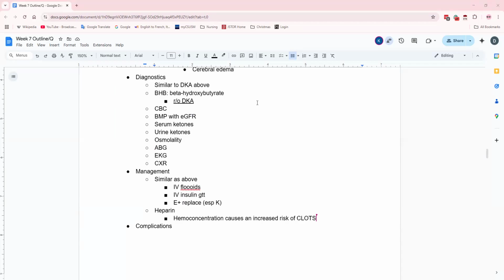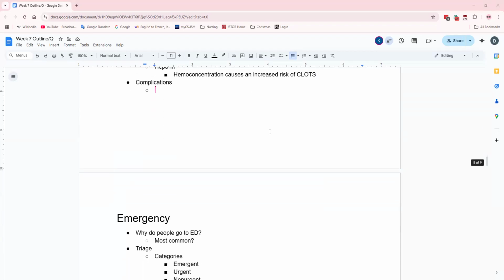Oh yeah, so your hemoconcentration increases the risk for clots, so your heparin is there to attempt to combat that. Okay. Now, in general, what are some complications you could think of? Obviously, I know we have hyperglycemia going on in this. We mentioned clotting with the heparin. Hypovolemic shock in specific, yes. We have AKIs. Hypoglycemia, always with your treatments. Remember, we can go too far the other way, swing them too far.